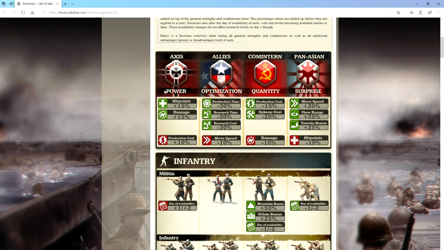My first impression of Axis power. All right, there are troops, and I'm assuming this is a global effect, plus 15%, and the damage is plus 15%. That's definitely good. Production cost, yeah, it's going to cost more, but they're going to be better. So what it's looking like is you're going to have a specified build that you're going to want to invest in. Now, in the past, you'd build a whole bunch of tanks, industrial complexes in your cities, and then all those cities would be building